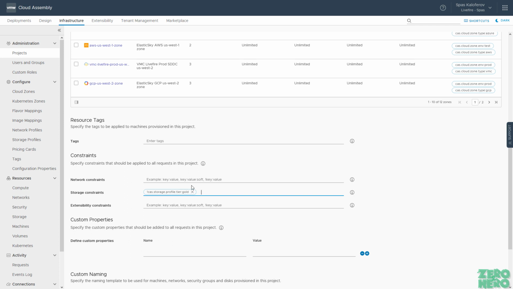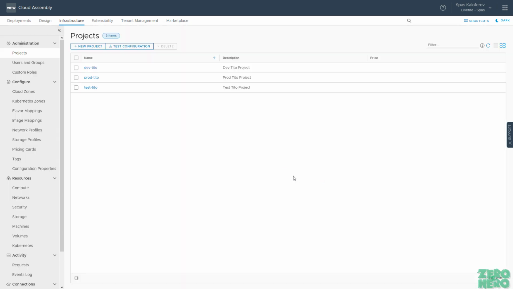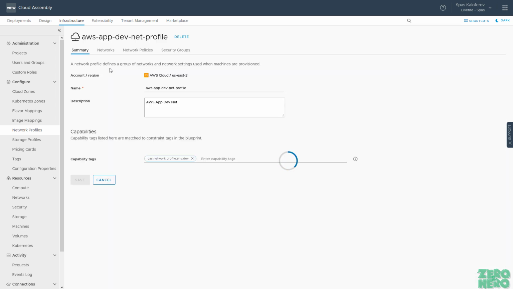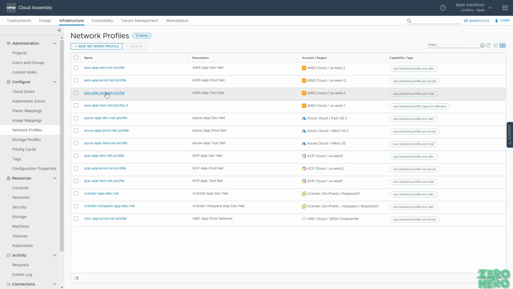Now, my advice to you is, when you design your tagging strategies and tag a particular object, only add tags that describe a particular capability that object gives you. For example, if I open one of my network profiles and open one of my networks, let's say I'm going to take US West 2 in AWS